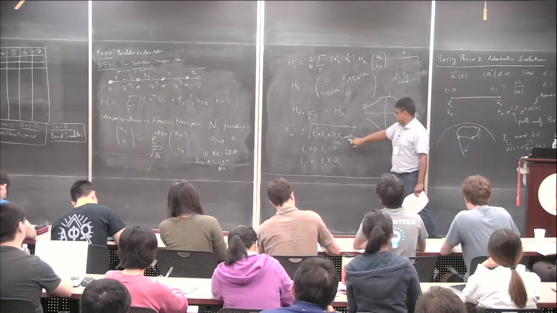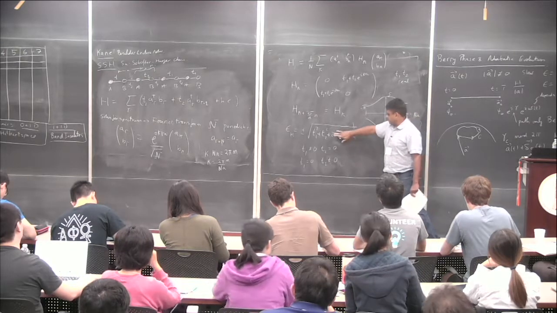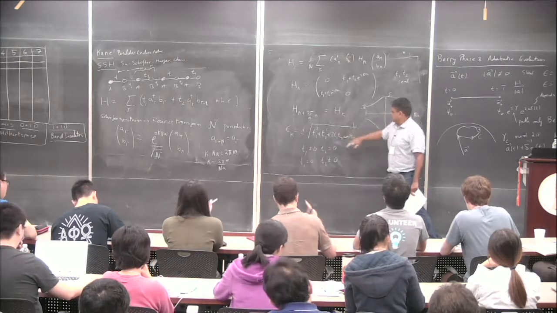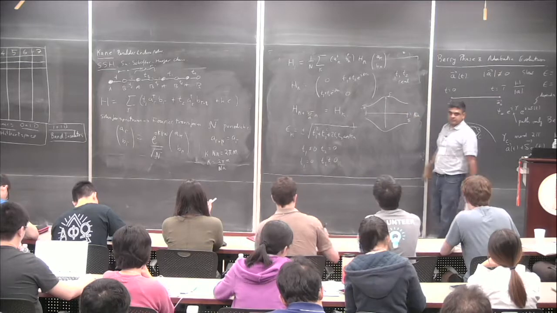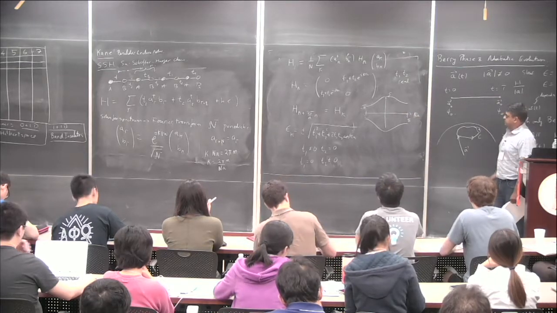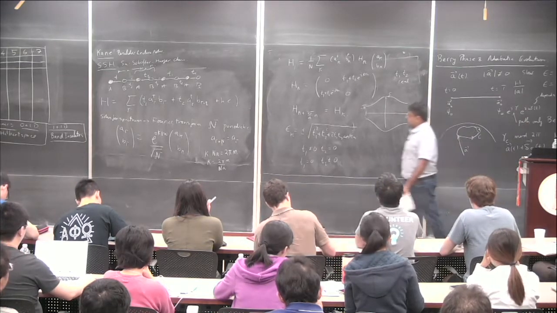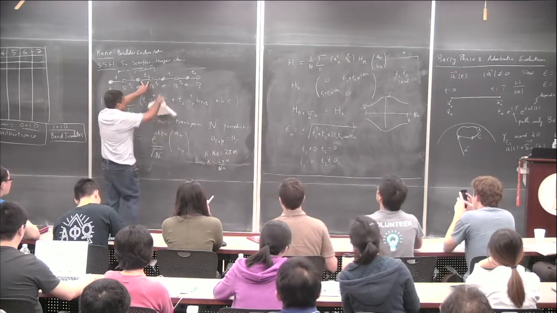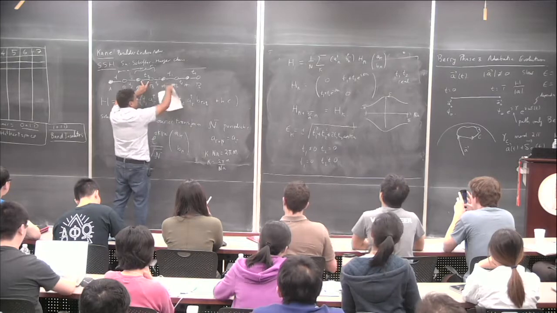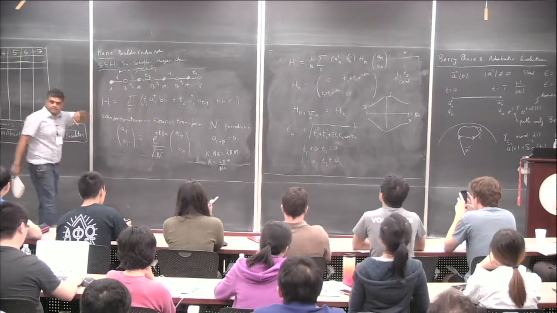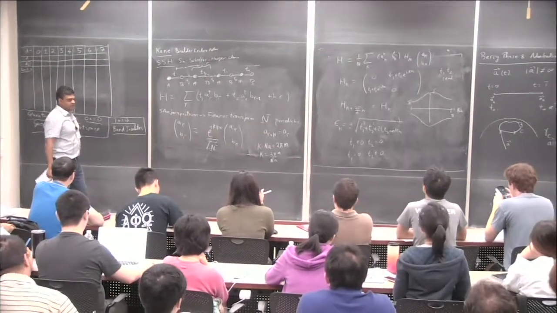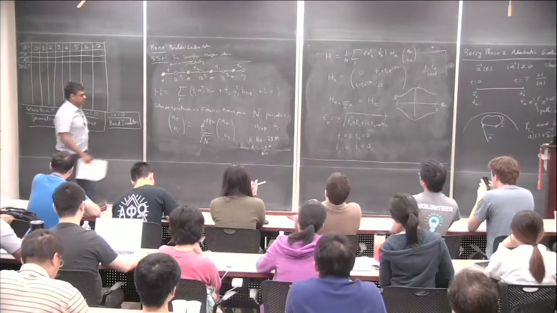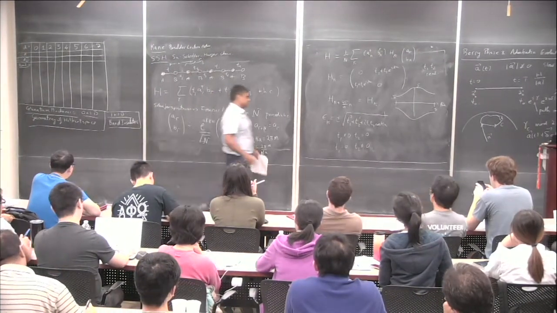This is the thing that gives you dispersion, cosine ka. If either one of them is 0, this is gone. It's just a pair of two flat bands. Okay, so what does it look like in those limits? Well, in the limit where t1 is non-zero, only these two sites are connected. These pairs of sites are connected, and they are disconnected from one another. The pair of sites will give you bonding and anti-bonding orbitals. They'll split. That's why you get these completely flat bands.